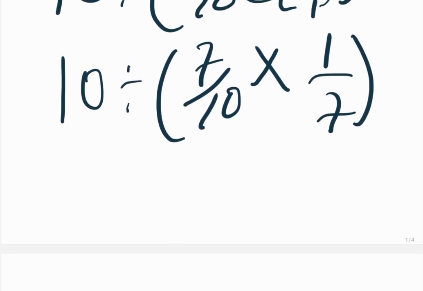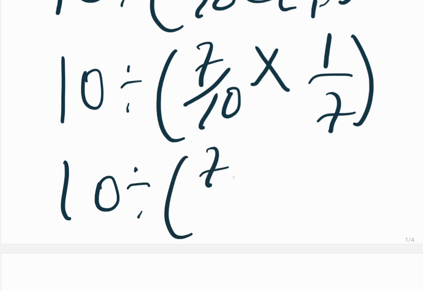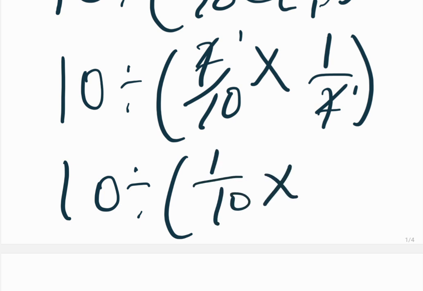So I have 1 here, then I have 7 at the denominator, right? So let's proceed. Here I'm going to have 10 divided by, open a bracket. I have 7 right here over 10, right? What you can see right here is something in common. So don't waste your time, let's cancel that out. 7 cancels out 7 right here. Then we have 1 here and you have 1 here. So we have 1 over 10 times 1 over 1, close the bracket,